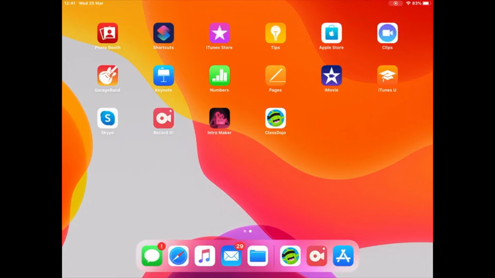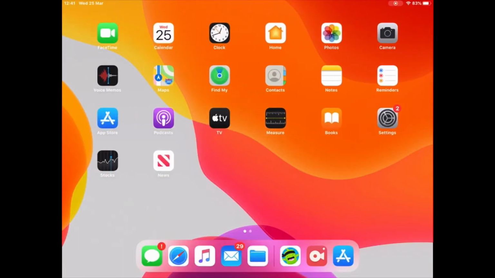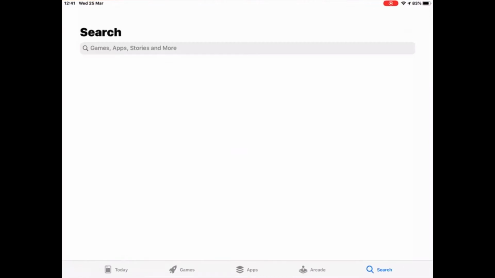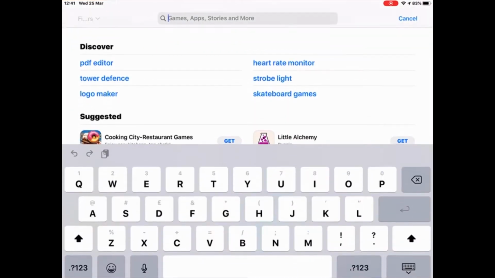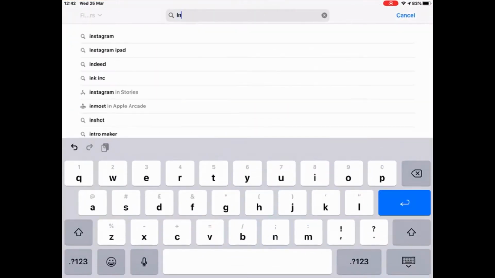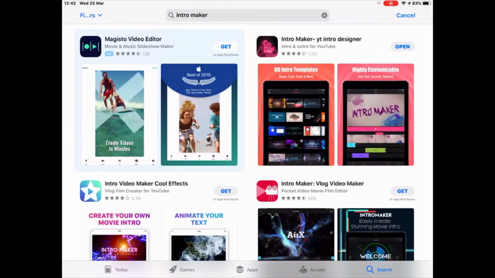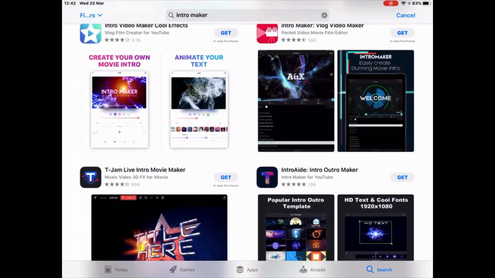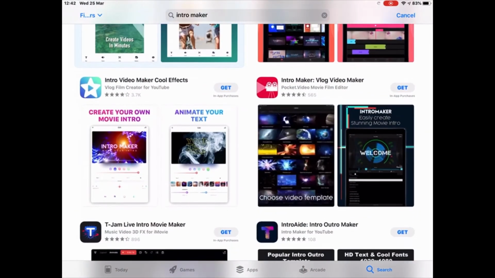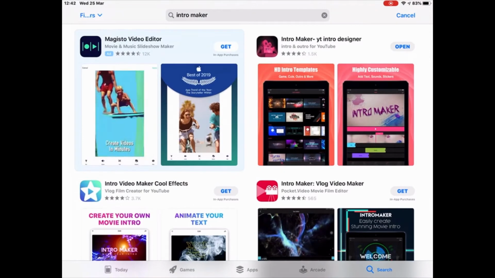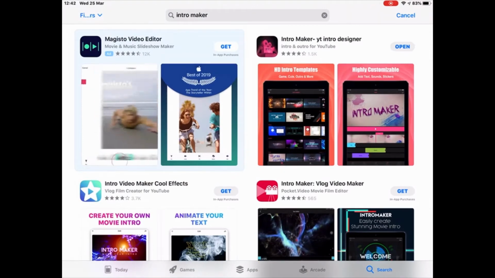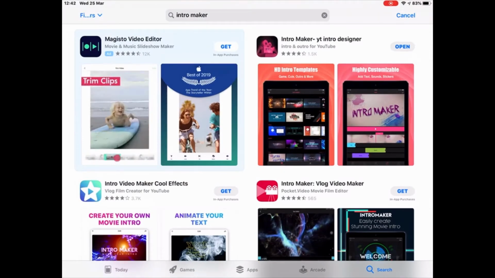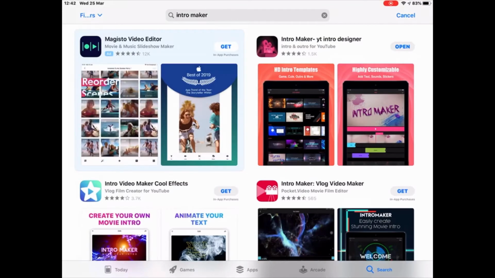So all you will need is obviously your iPad and your App Store, and let's go to our App Store first of all. So all you will need is to write intro maker. Then you'll see a bunch of others like intro maker, vlog video maker, but you will really need just the intro maker YT intro designer, which is on my right hand corner. So if you click on that,